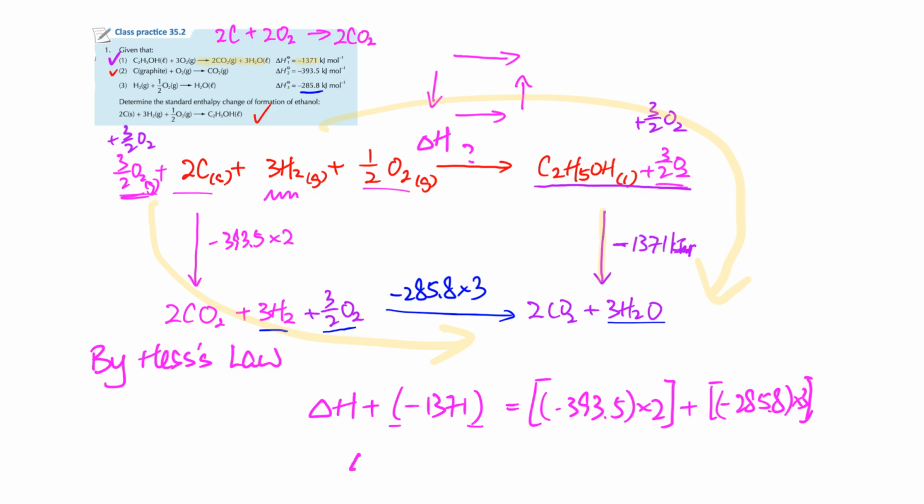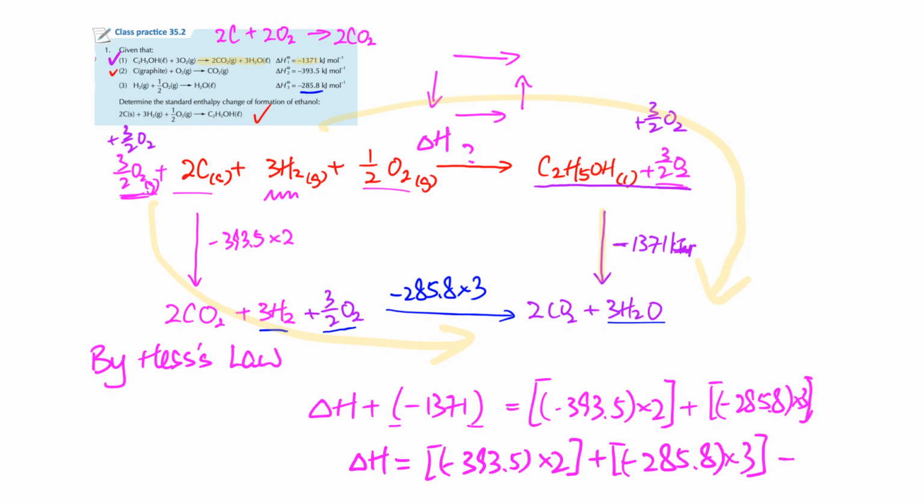So delta H equals negative 393.5 times 2, plus negative 285.8 times 3, and then minus negative 1371. By solving this, you will find that the answer should be negative 273.4